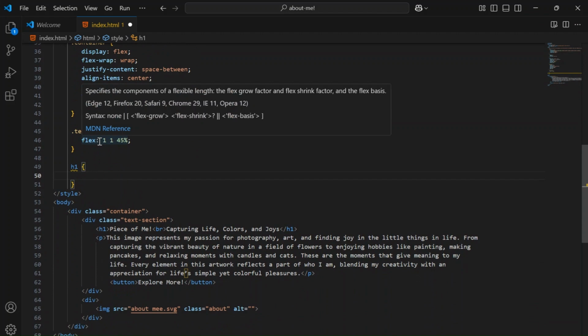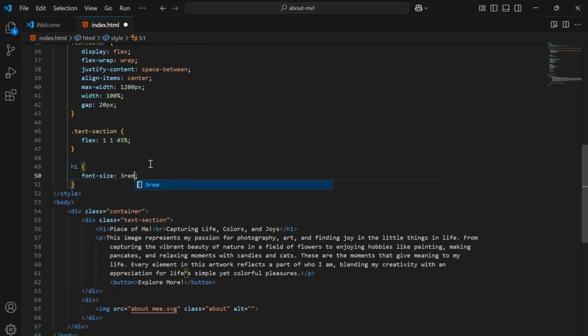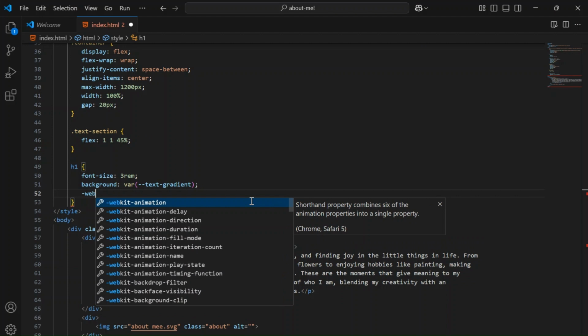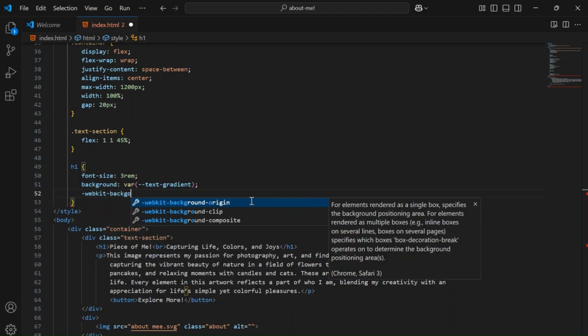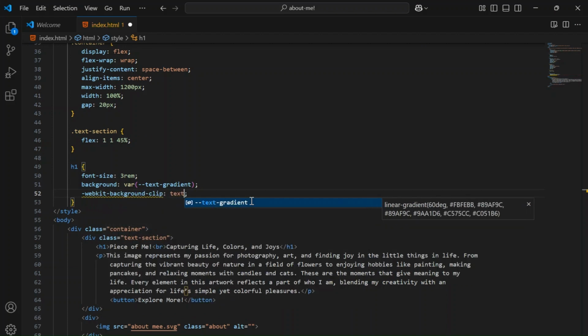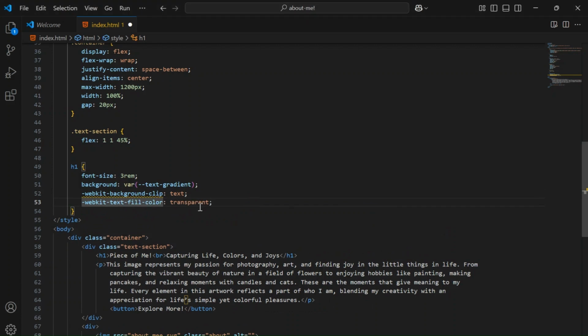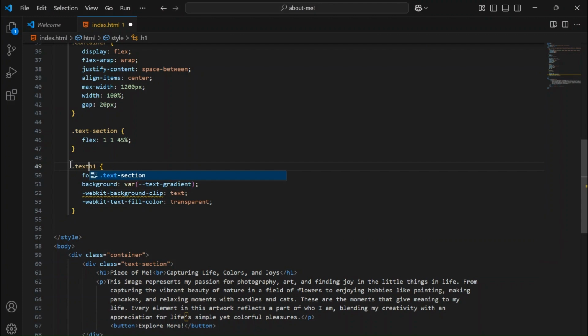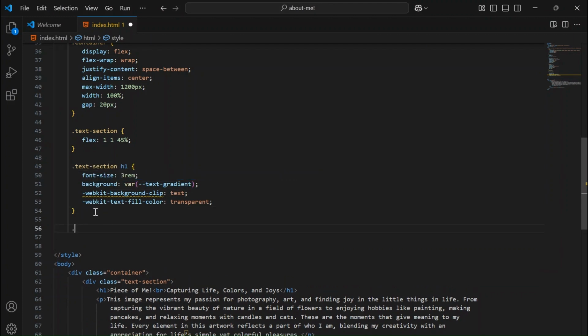We can start styling the text section with the H1 and the paragraph. Oh yeah guys, to style the H1, don't forget to include the text section class.